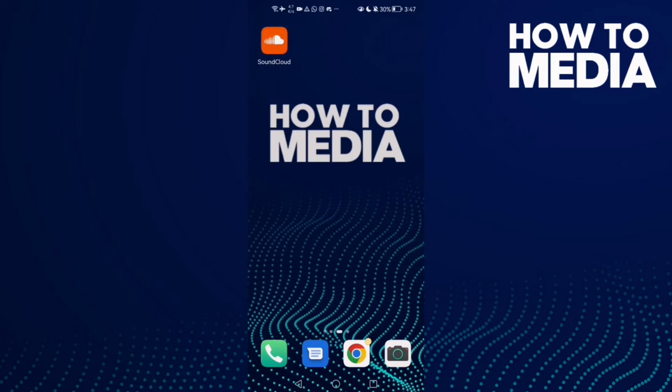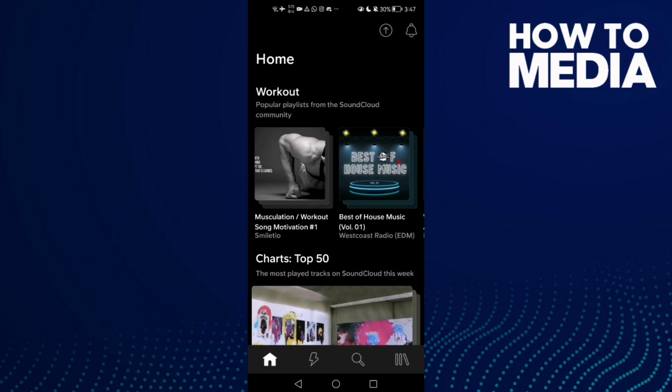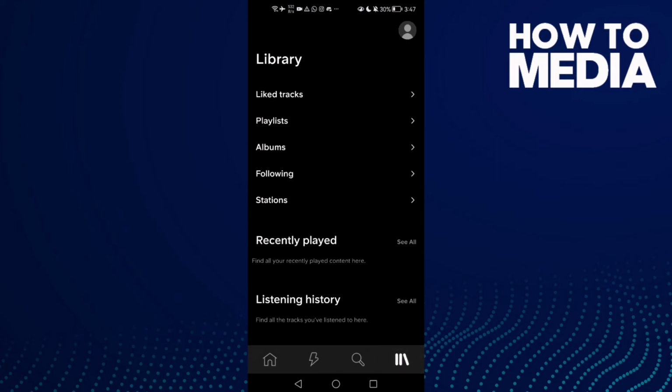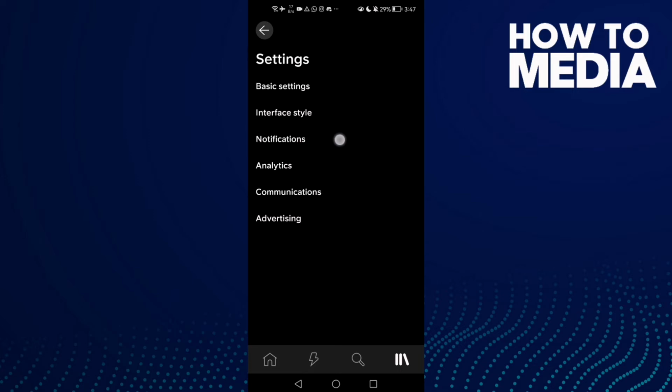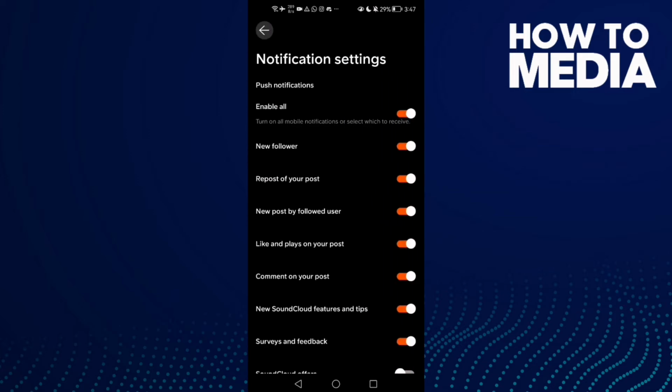First, open SoundCloud, and here you will find library. Click on it and then click here in the top corner and click settings, and here you will find notifications,